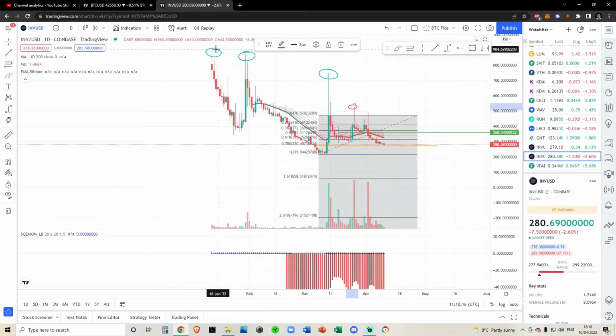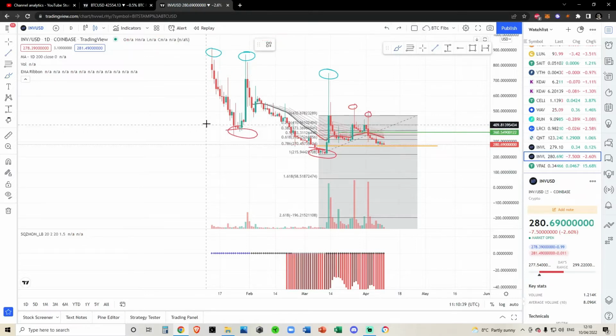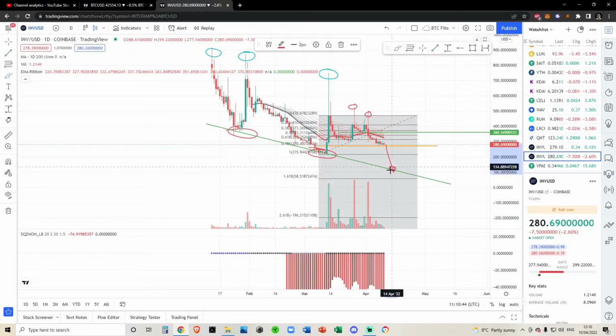But in the macro term, every time I've got a circle here, you can see the all-time high on this chart, lower high, lower high, lower high, lower high, and we have a formation of macro lower low, macro lower low. It seems to me all points are pointing towards maybe not necessarily coming down to the 1.618, which this fib would be targeting down here at $57, but I'd at least have to assume we're going to come down to somewhere on this trend line, perhaps around 125, 150 as a more conservative target,